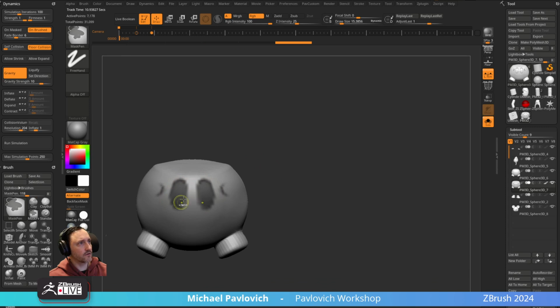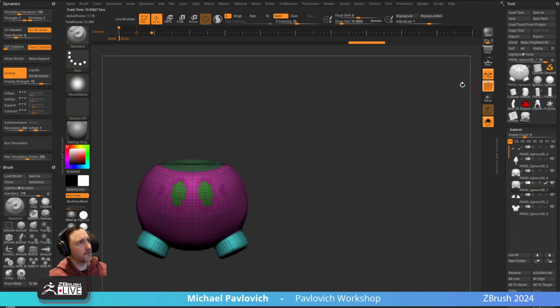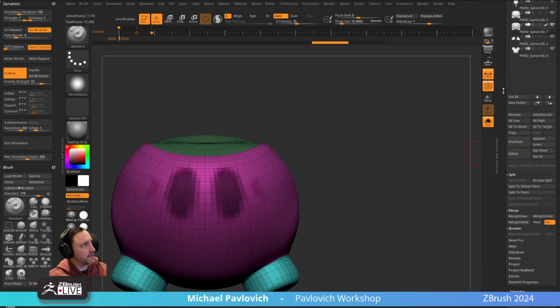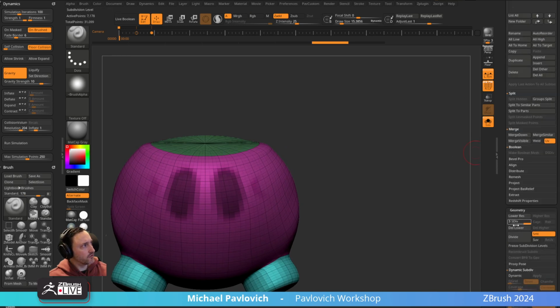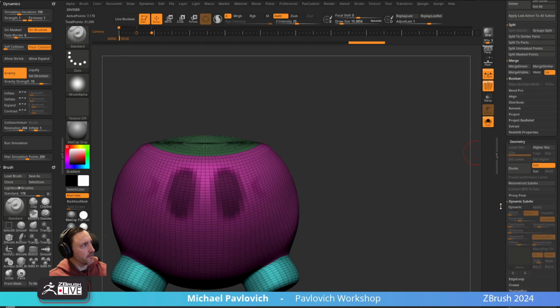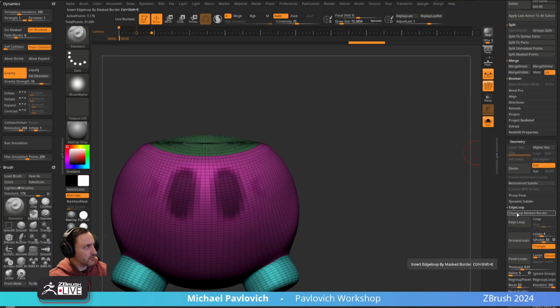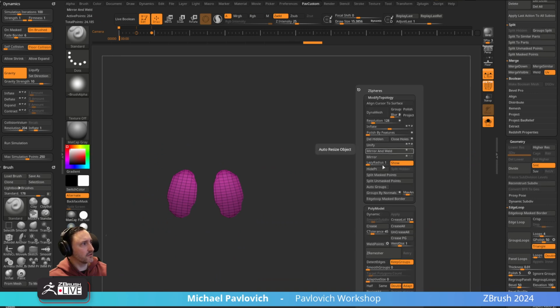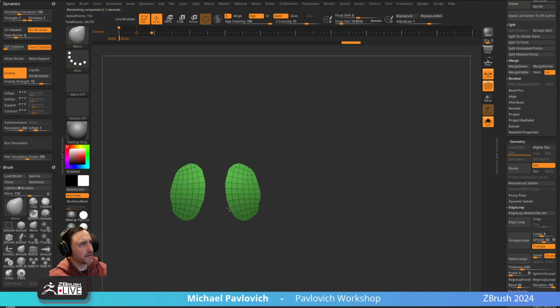So just mask where the buttons are. Control W to make it a polygroup. Or let's go down here to geometry, delete lower, and then there is an edge loop mask border. That'll kind of give you this. Geometry, Modify Topology, delete hidden, ZRemesh half, depth size down to 0. And we can go through here and just kind of